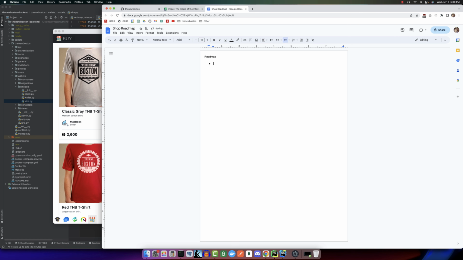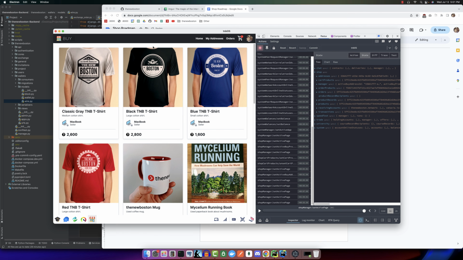So I'll say this is the roadmap for the shop app. And now let me go ahead and kind of figure out how we want to tackle this. So what I'm not going to do is just copy all of my existing logic and model structure